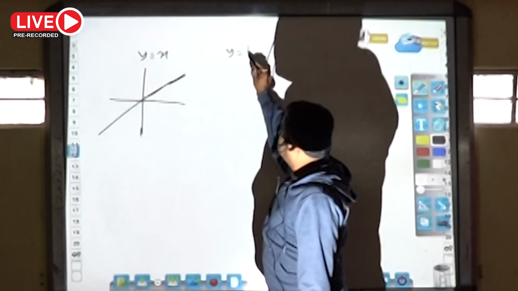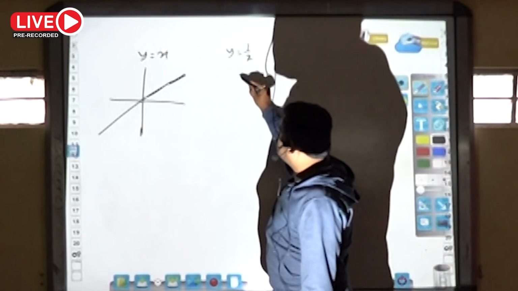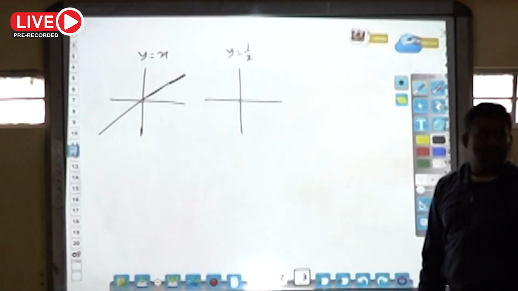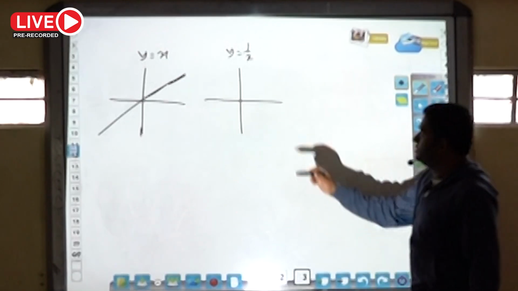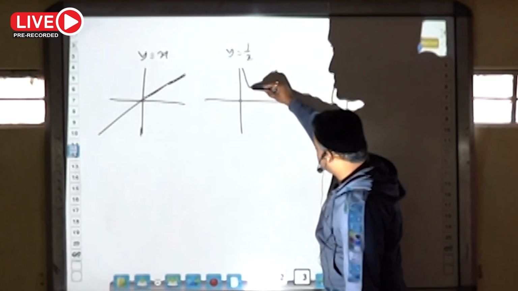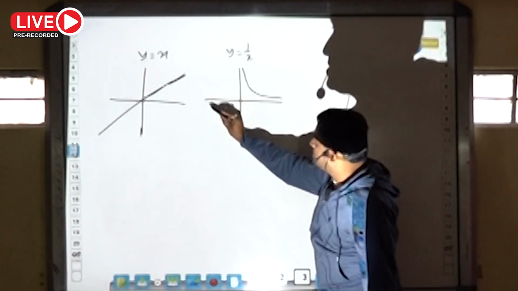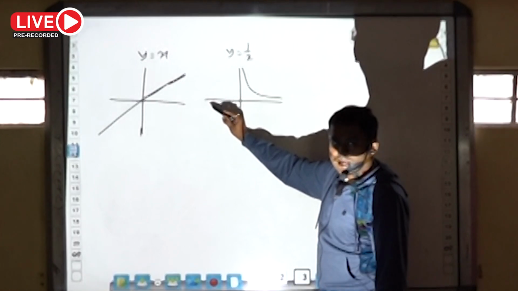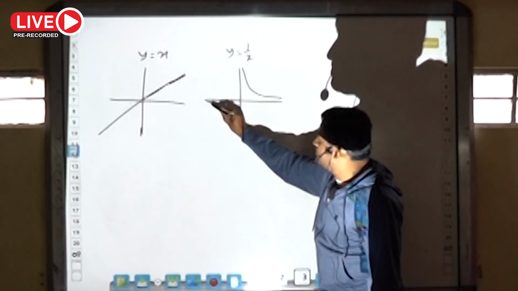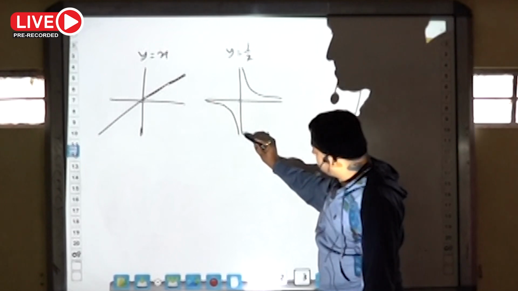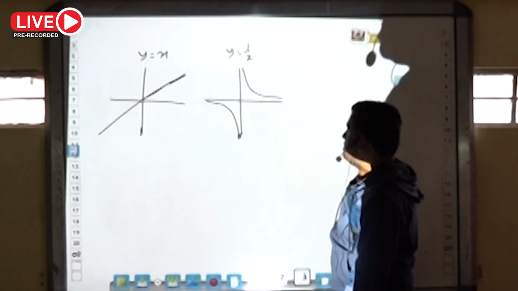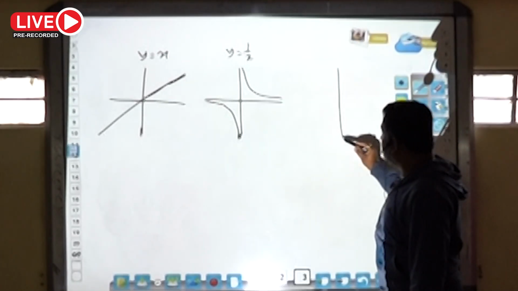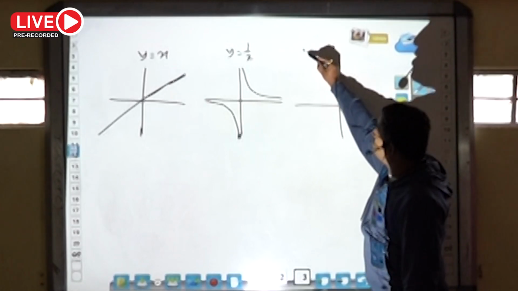y equal to 1 by x. You can think of this like Boyle's law. You have already studied the P versus 1 by V graph. It's a rectangular hyperbola, so the graph looks like this. But here x and y are not pressure and volume, so I can also plot in the negative axis. Now, the actual graph given in this problem, the equation is y equal to x